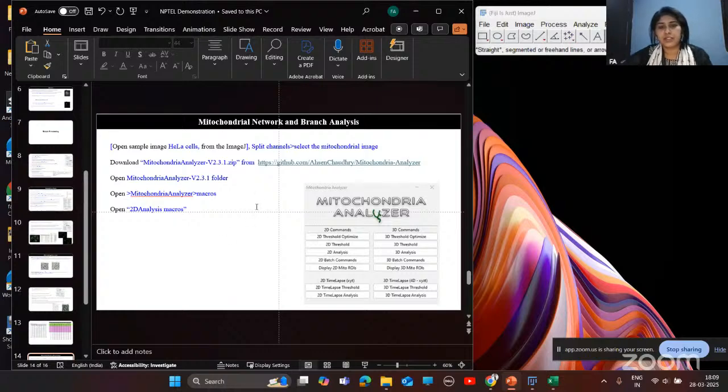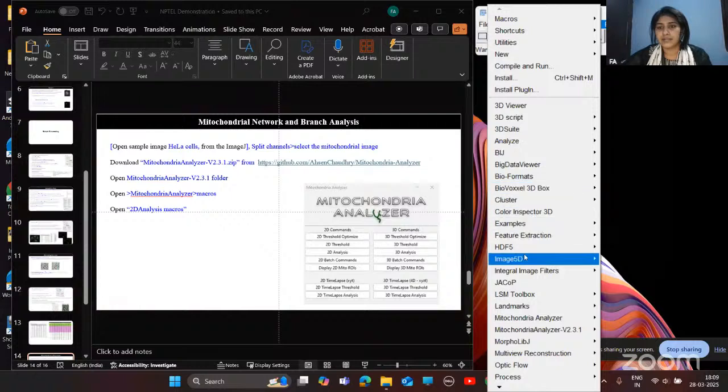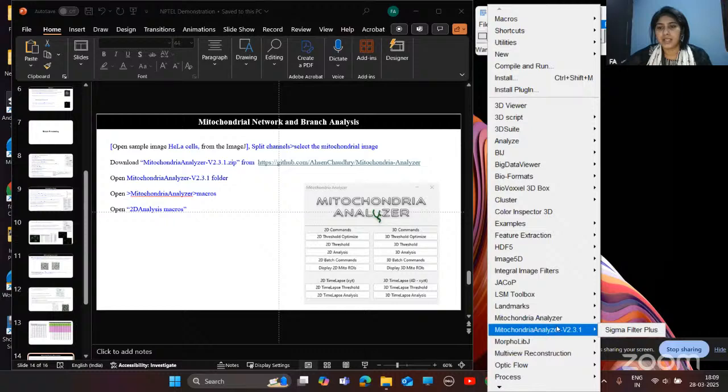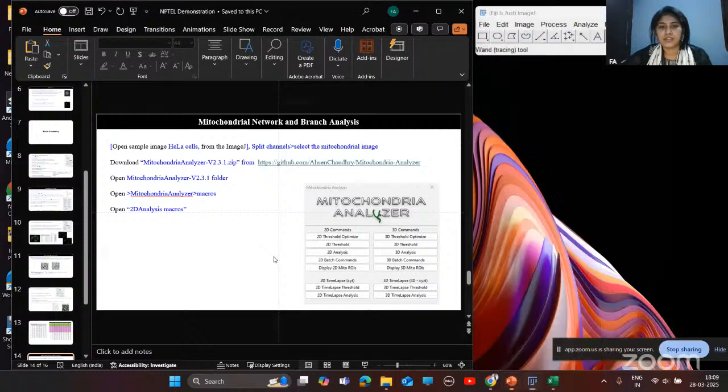If you are able to install this plugin, you will find the mitochondria analyzer option here, and if you open this, you will find this window. From these different options like 2D threshold, 2D analysis, 3D analysis, and 3D threshold, you can do all those analyses.